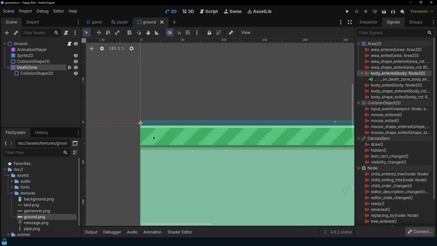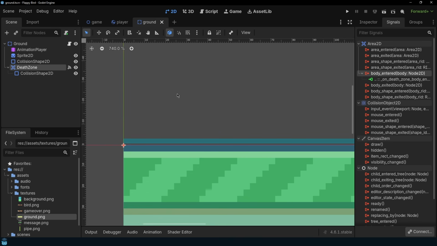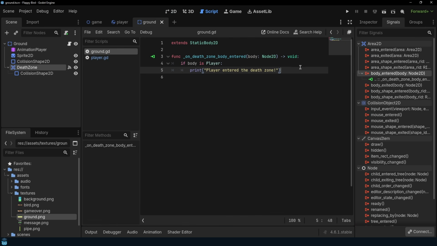It has a collision shape and it has some signals that are going to give us information about what's going on with that collision shape. The body entered signal is going to be emitted when a physics body enters the collision shape of this Area2D. In this case, when the player enters the collision shape, when it falls onto it, this signal will be emitted. We connected a function to this signal in the ground script, which is right here,